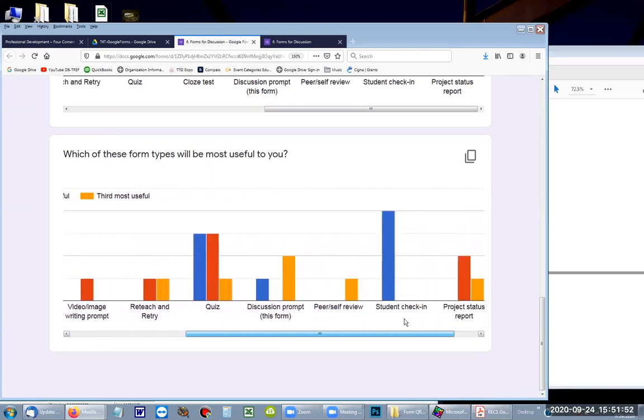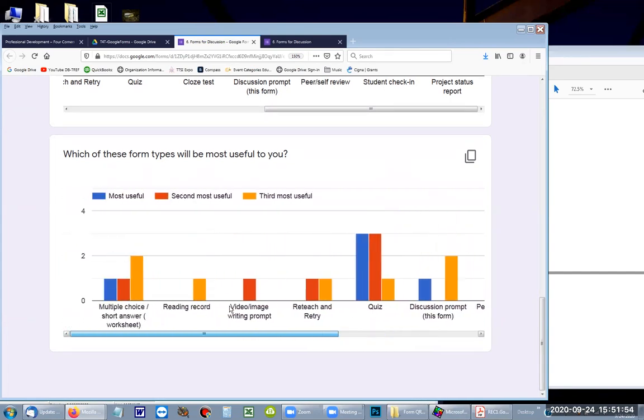Interesting. Most useful, student check-in. A lot of responses there. So that's how we use them for discussion. And I think we are going to skip